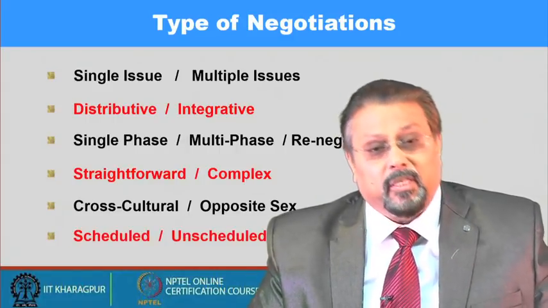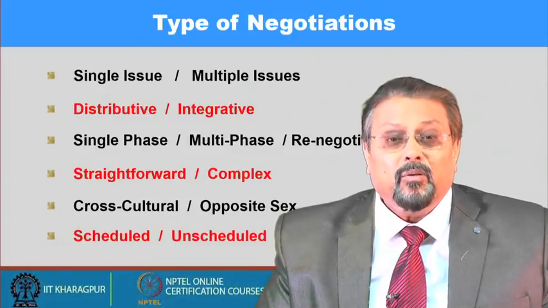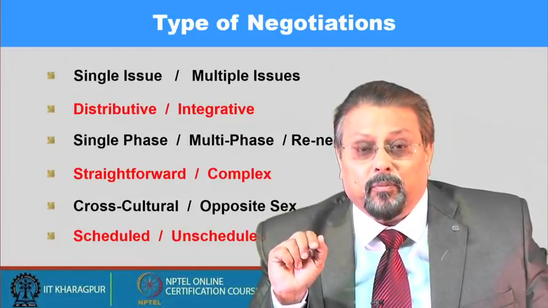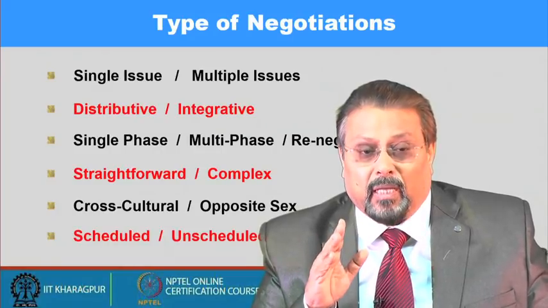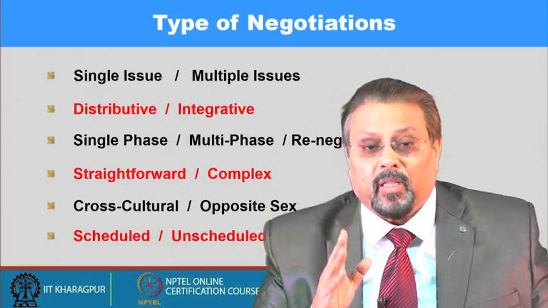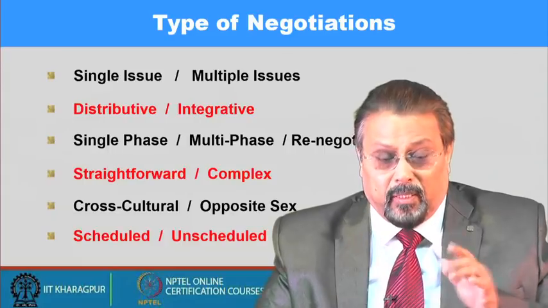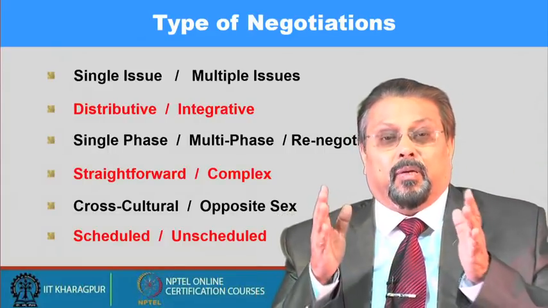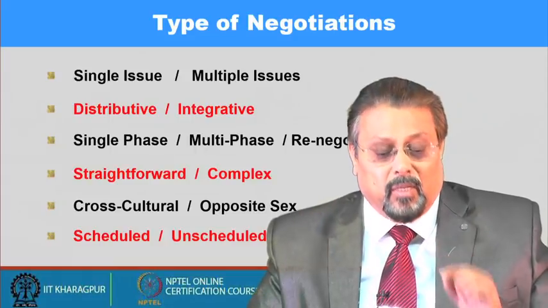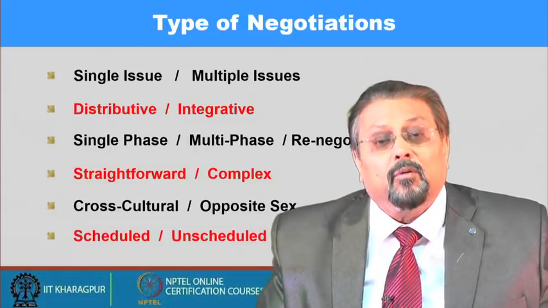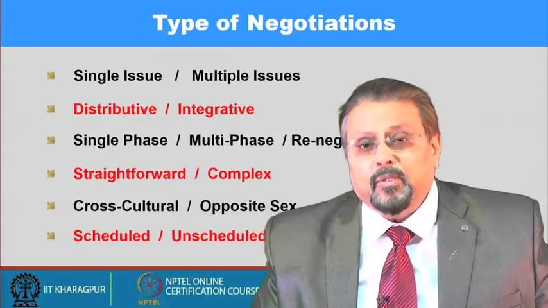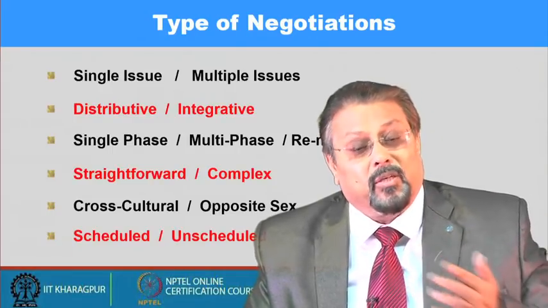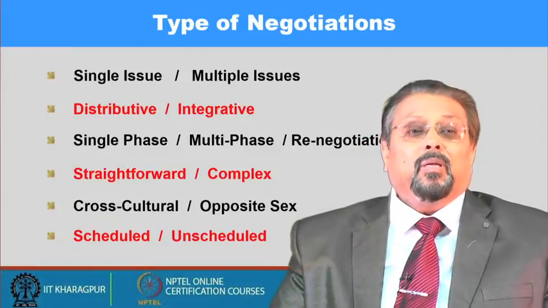Okay. Then comes scheduled and unscheduled. Scheduled and unscheduled is a very interesting thing. Scheduled type of negotiation is when you know that you are going to negotiate. That means there is a process, there is a time of announcing, there is a time of appointment, and then the whole thing goes on. In unscheduled, what happens is suddenly the negotiation starts. It happened to me several times when I have gone through all this process of scheduled and unscheduled at different times. Somebody met me